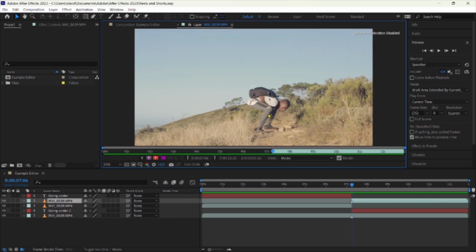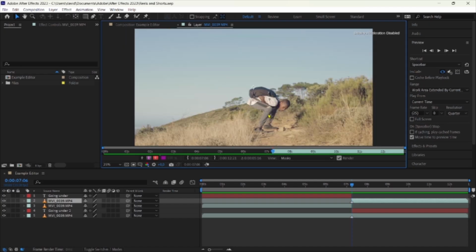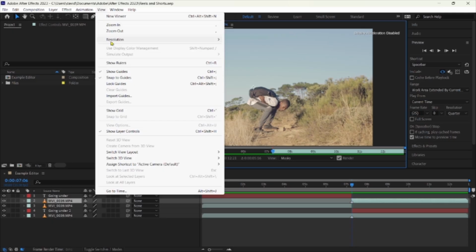You can zoom in on to the clip using the scroll wheel of your mouse, and it also depends on the resolution of your video. If you're working on 1080p video, it will be a little bit low resolution perhaps. You can come here and say resolution, you need to set it to full.